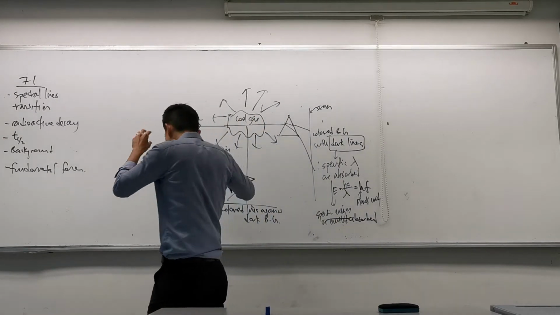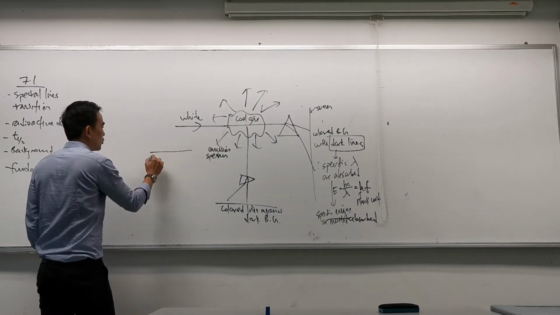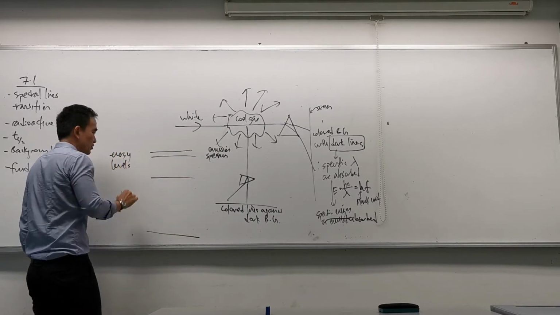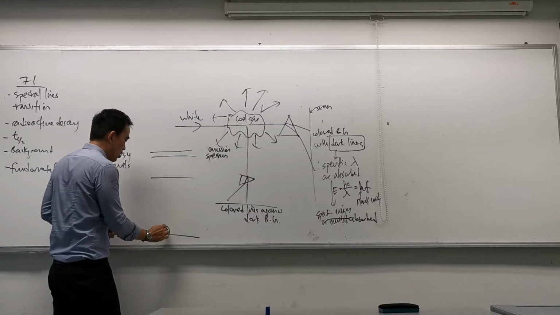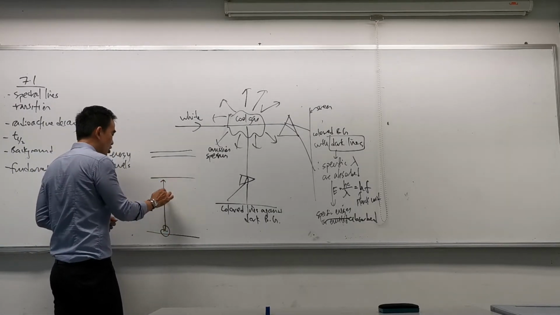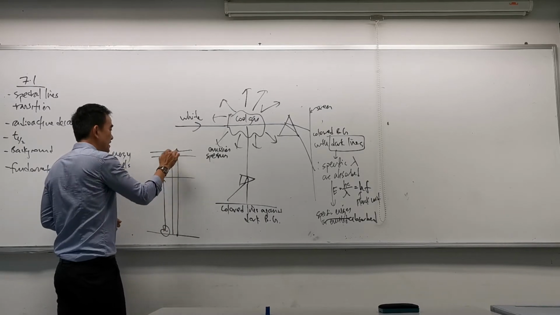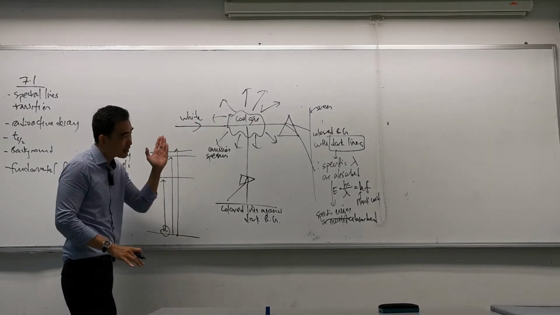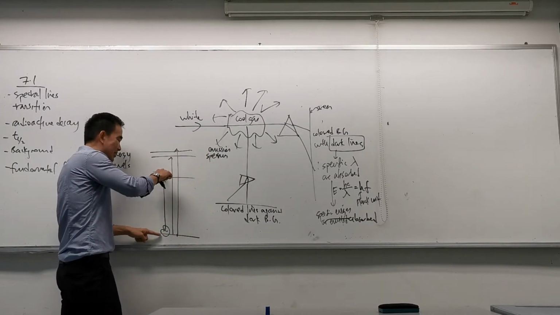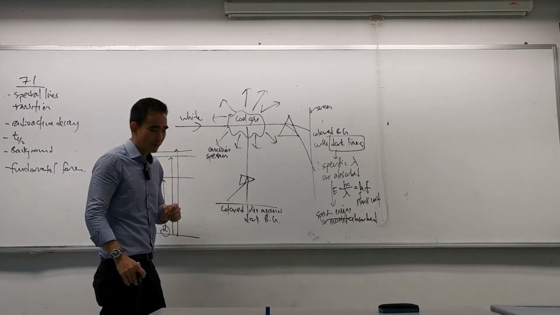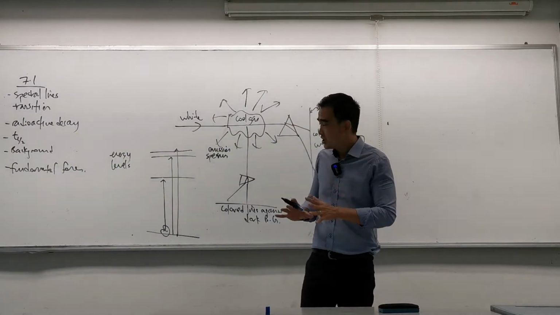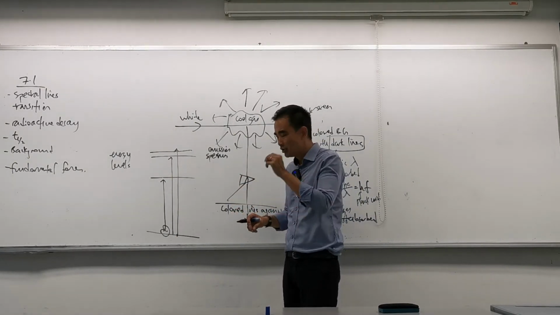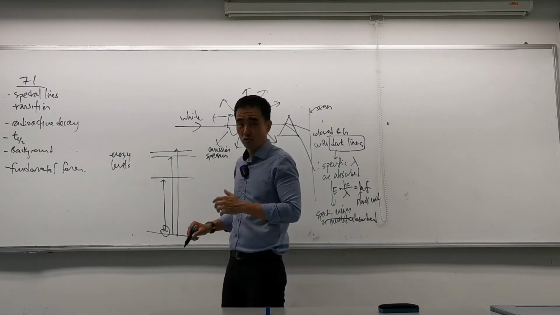Now let's go into the atom. So what I'm drawing over here is basically energy levels. When the electron absorbs energy, it can only absorb the energy equivalent to the difference in the energy levels. And that's why it can only absorb this, this, or this. And that's why only dark lines appear, because only wavelengths corresponding to these energy differences can be absorbed. Energies of the energy levels in an atom are usually given in eV.